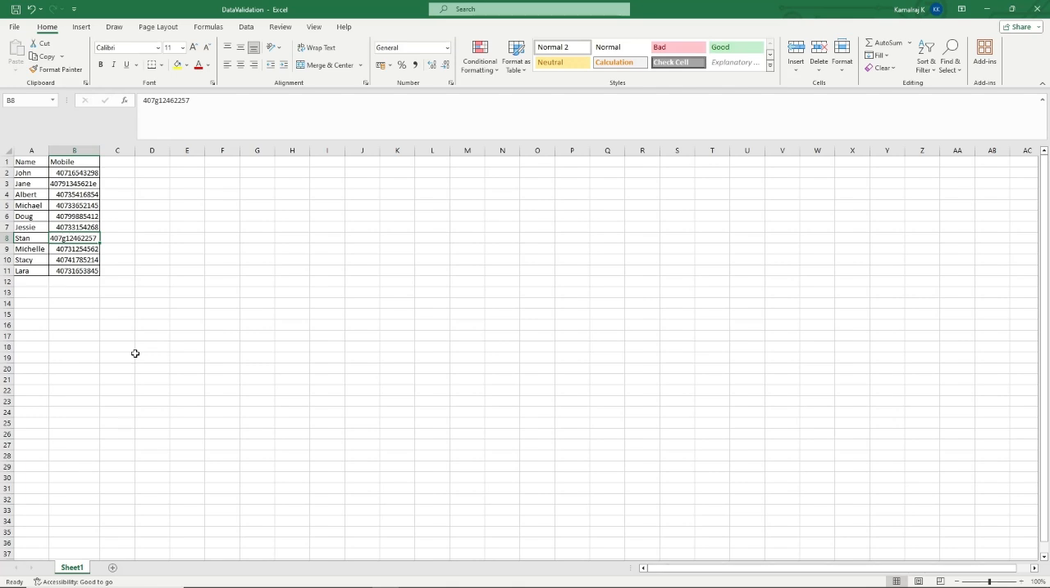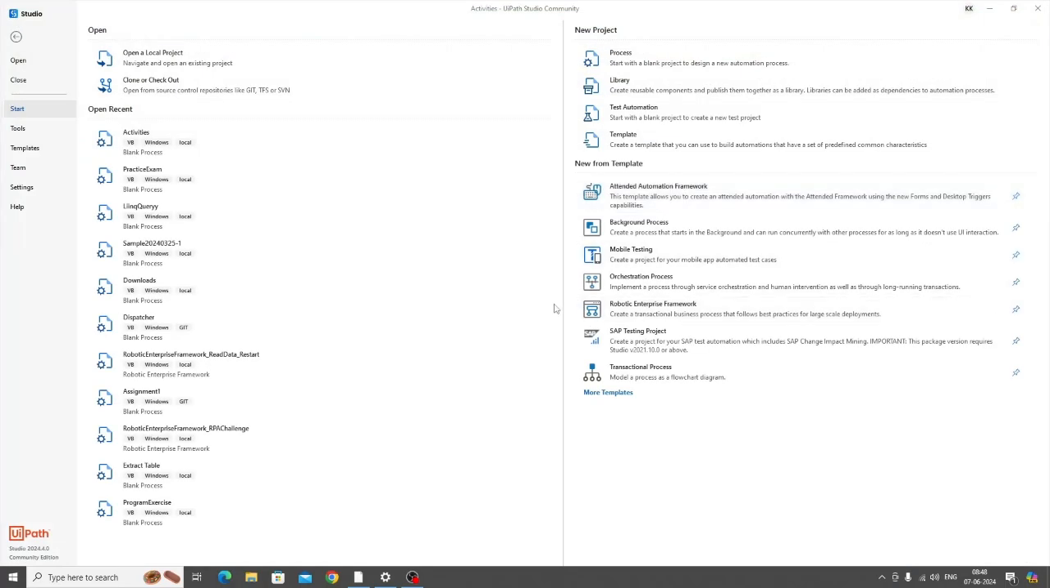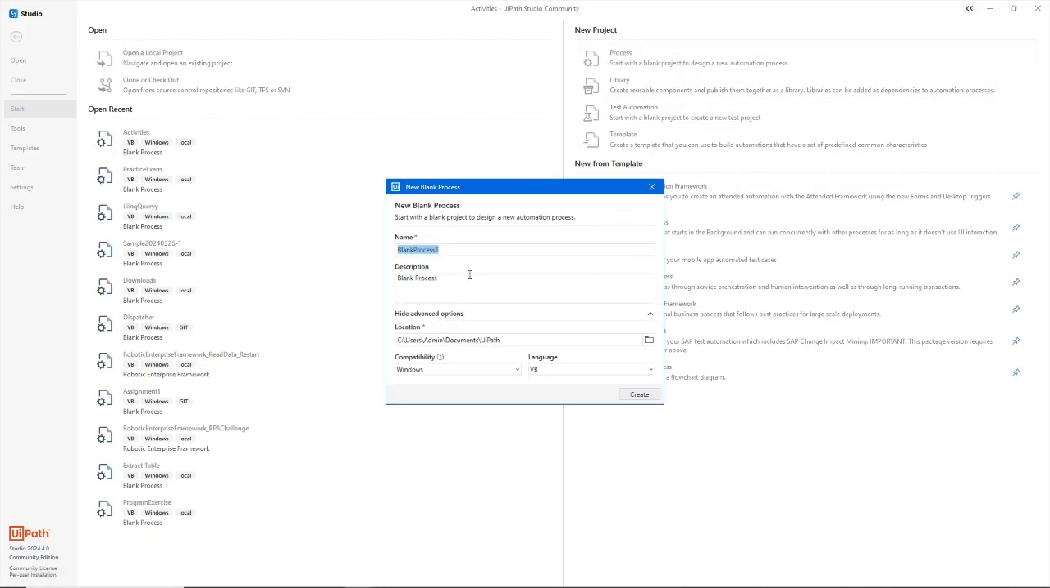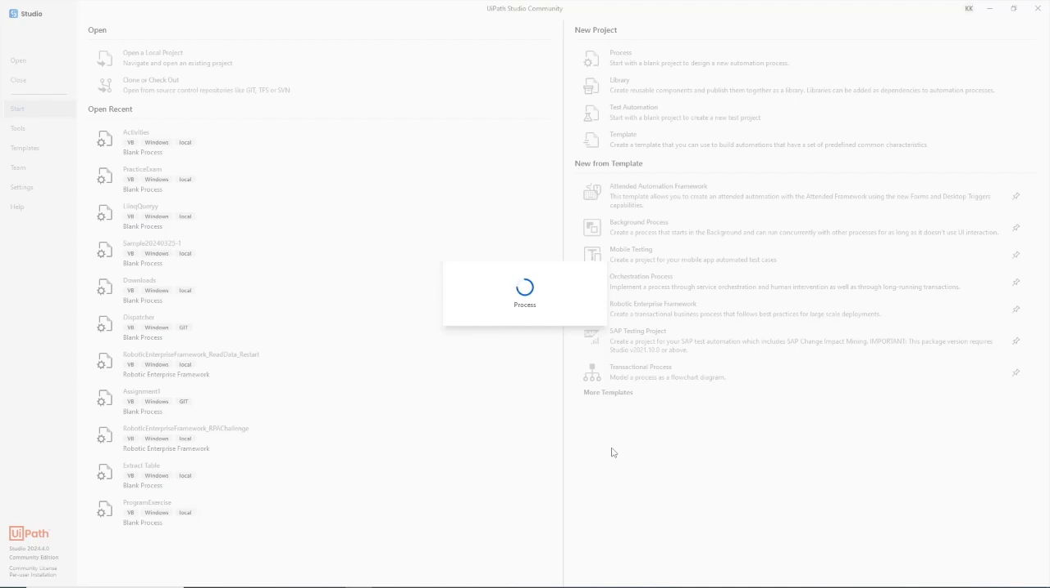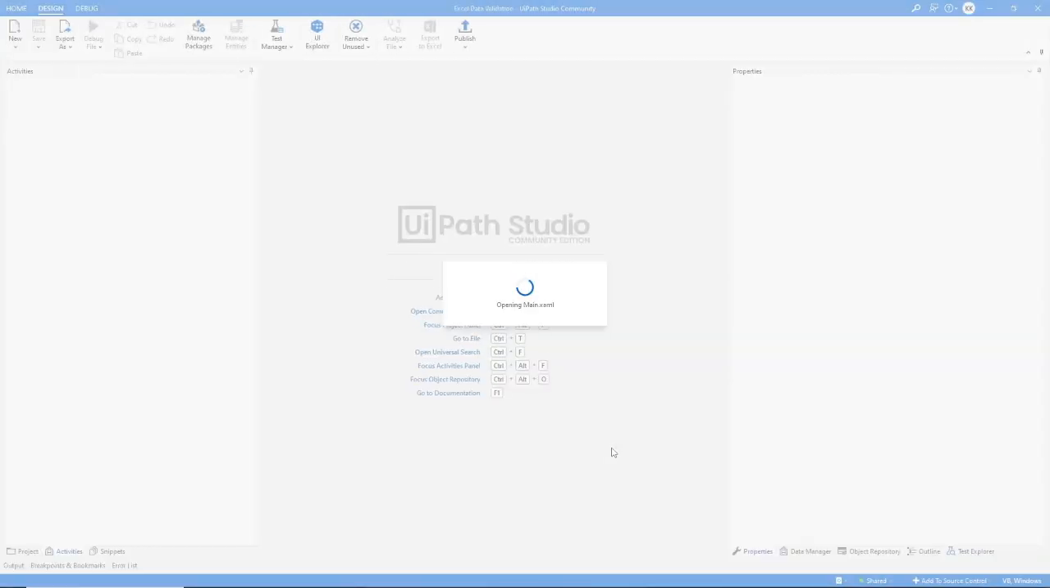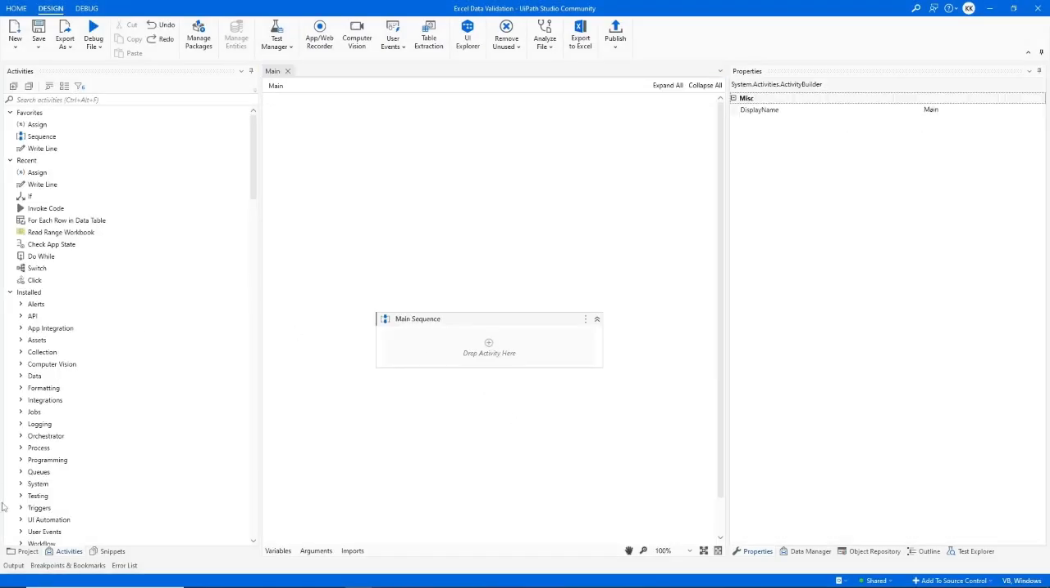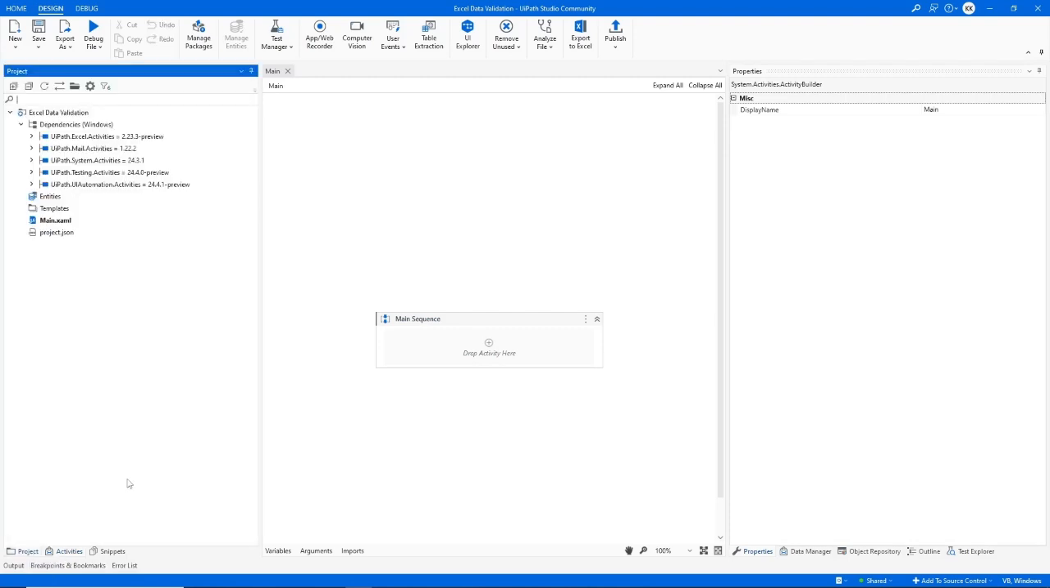So by using UiPath, we are going to identify them and highlight them in red. Okay, so now let's close the spreadsheet and let me create a new process named Excel data validation. Okay, create. We'll wait for a few seconds. Okay, now